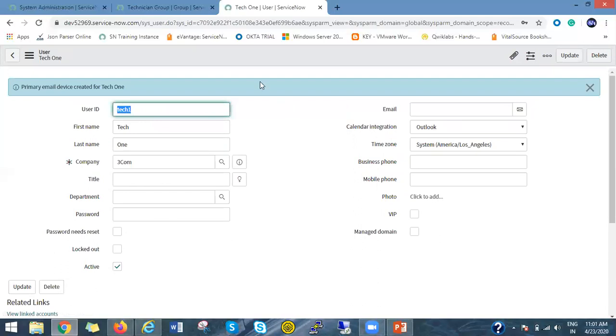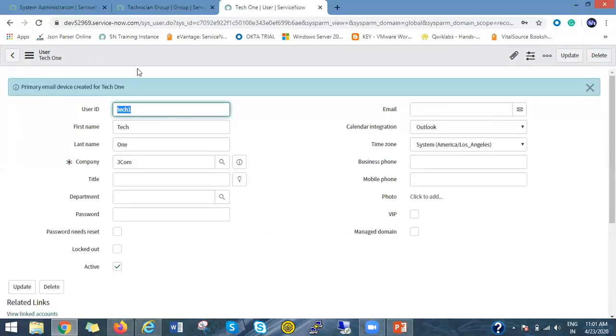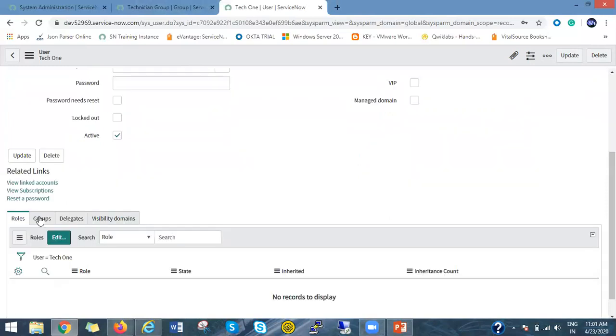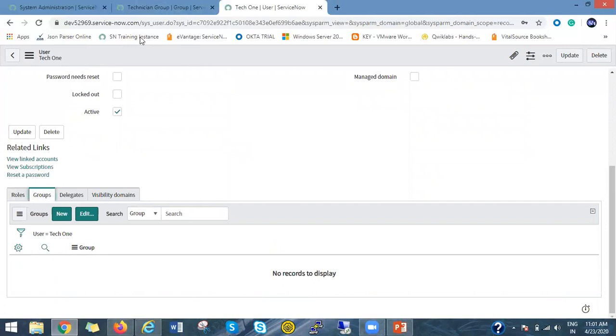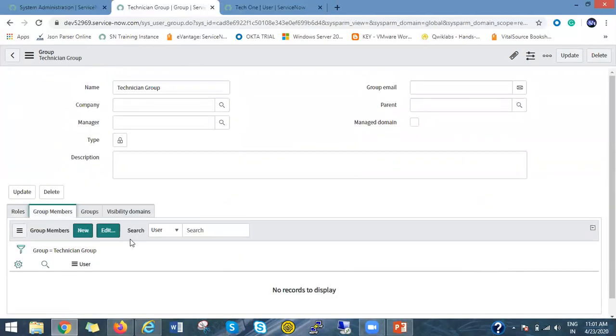Now if I want to make this user a member of the technician group, what can we do? Either we can add the group from this user record, or we can add the member inside this group. So let's say I'm opening the group and adding the member, the tech1 user, inside this group.